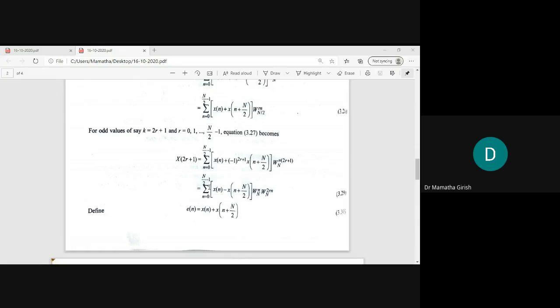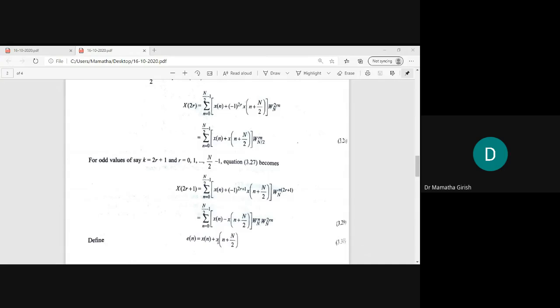Now, in time domain, I define or generalize the equation for even term and odd term by using two new variables E of n and O of n. E of n represents the even index samples of x of n. O of n represents the odd indexed values of n. Accordingly, please note that this was the equation what I obtained for even index samples. So inside the summation, inside the bracket, what I've got? The equation in time domain. And I assume that this represents my even index samples in time domain, abbreviated by E of n.